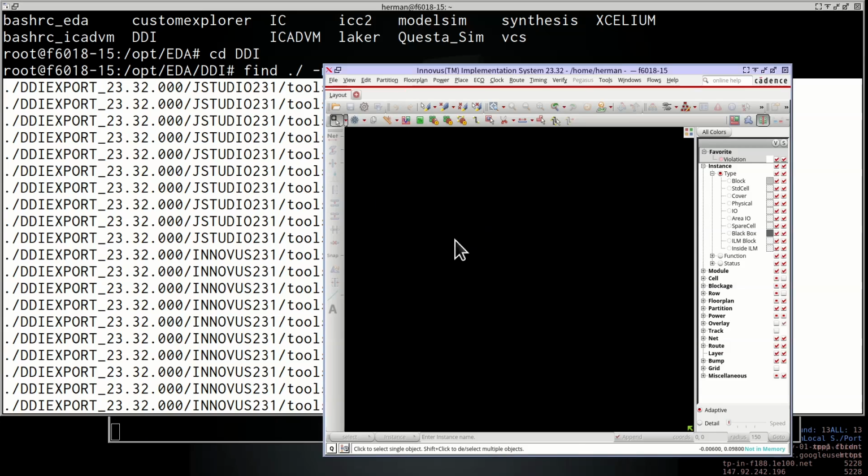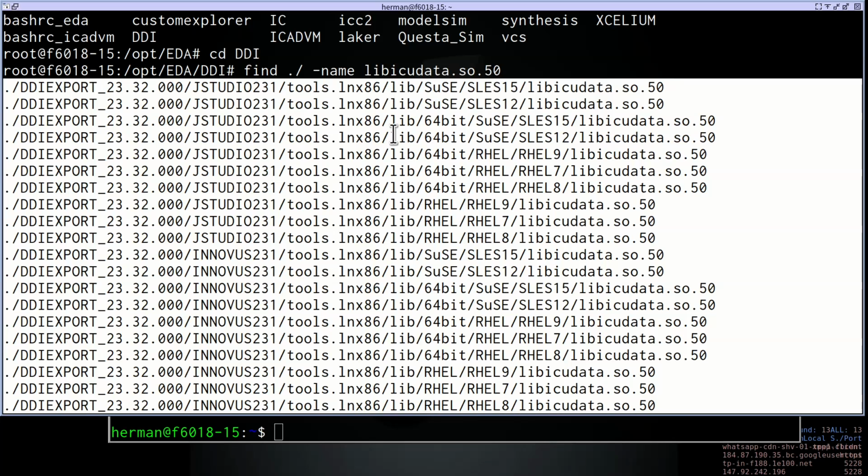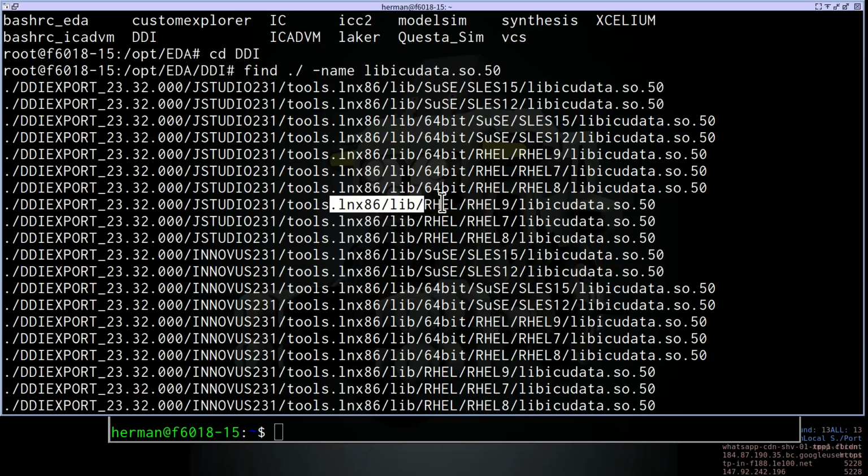So we can quit. Now let me show you how to deal with this problem. This file is already included in Innovus, but you can see there are a lot of software distributions, like SUSE, like Red Hat Enterprise. And in our case, we use RHEL. The newest version of Red Hat Enterprise is Red Hat Enterprise Linux 9. So in the beginning, I used this one.